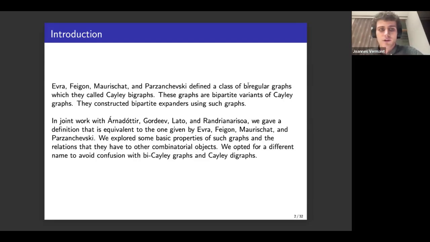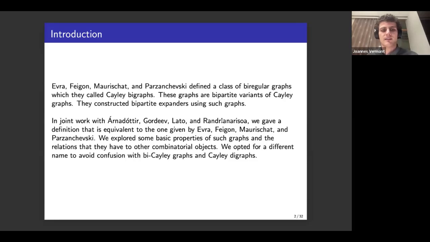In joint work with Soffía Árnadóttir, Alexey Gordeev, Sabrina Lato, and Tovohery Randrianarisoa, we gave an equivalent definition to the one that was given previously. And then we explored some of the basic properties of such graphs and some relations that they have to